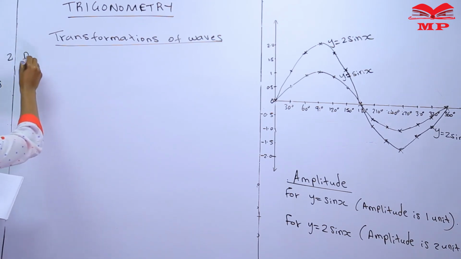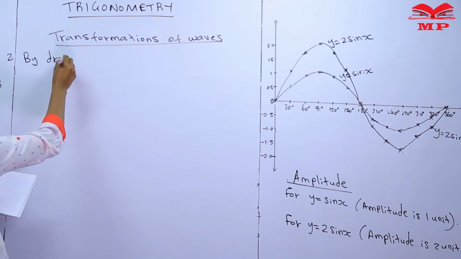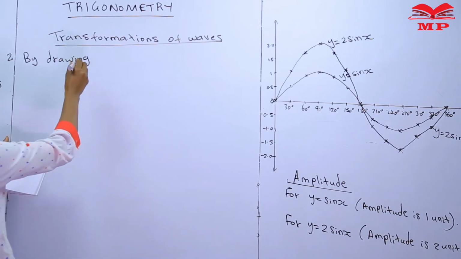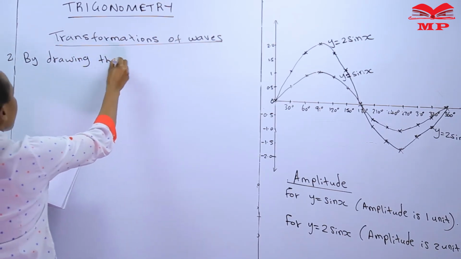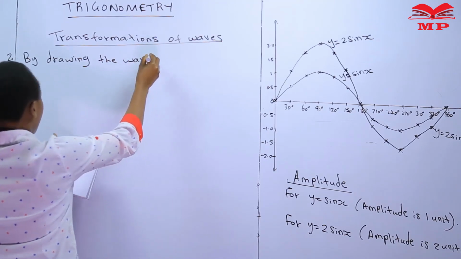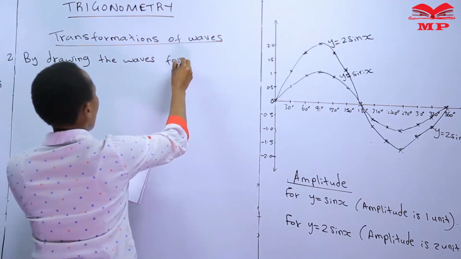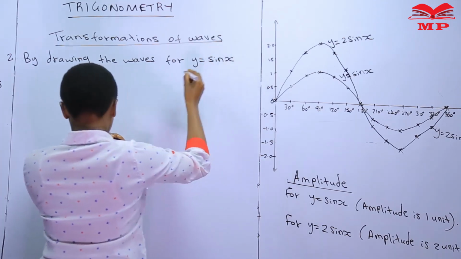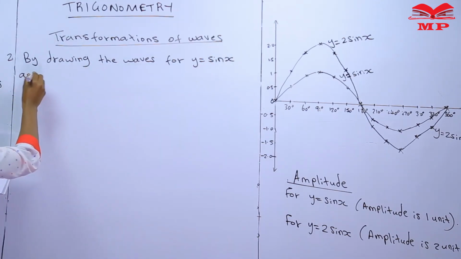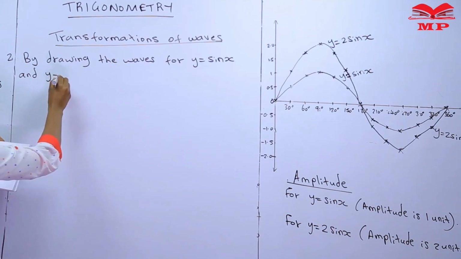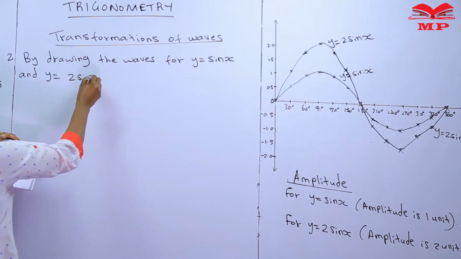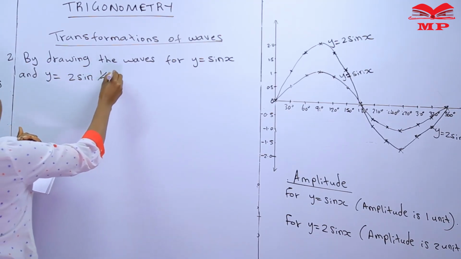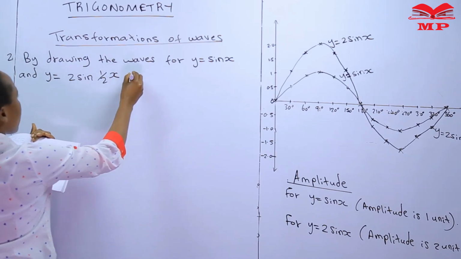Number 2, by drawing the waves for y equals sine x and y equals 2 sine a half x on the same axis,